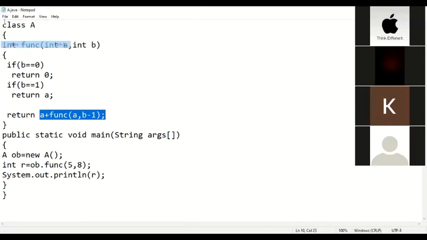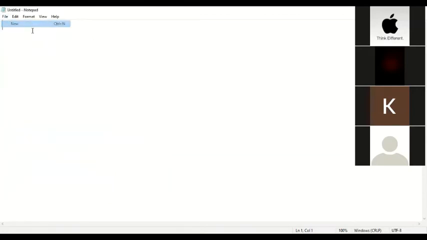I'll save this and I'll open a new one. The last function which is there in the book on page number 507, I am doing that for you now. I'm keeping the class name as B. Then it is int func int n.